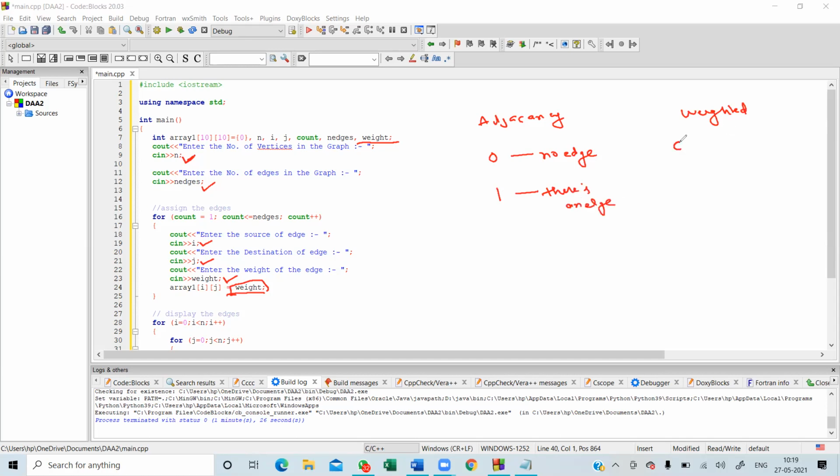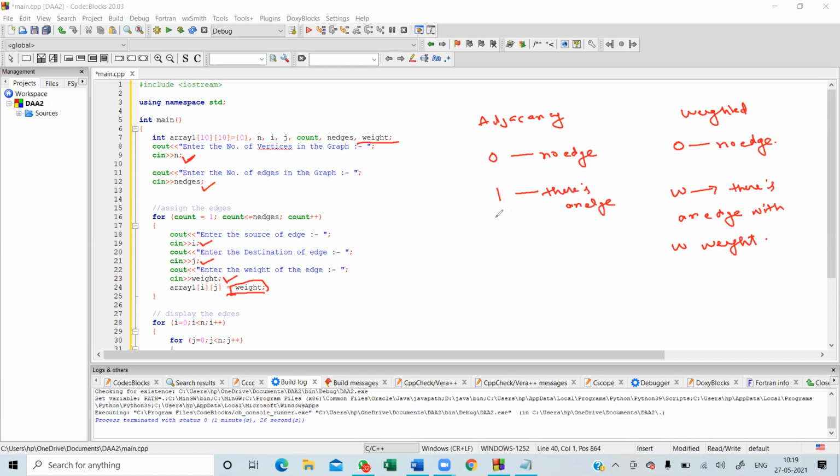In the weighted matrix also there are two kinds of values, 0 and W. 0 means there is no edge and W means there is an edge with W weight. I hope this thing is clear.